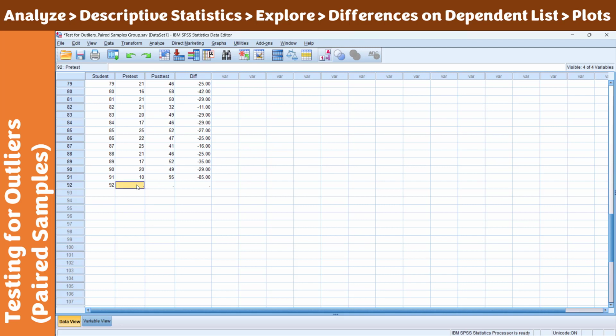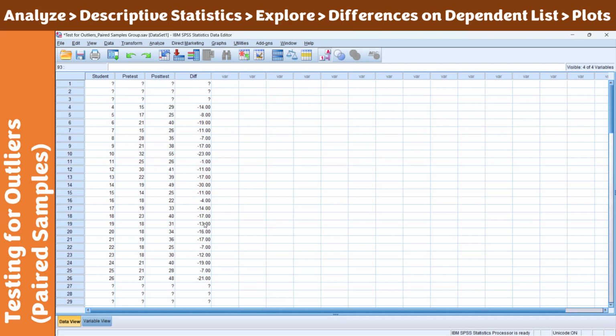Let's also add another student here, where the pretest score is 11 and the post is 65. If I'm not mistaken, you have 11 minus 65, which is negative 54. Now that we have added these two students, let's check whether there are now outliers.